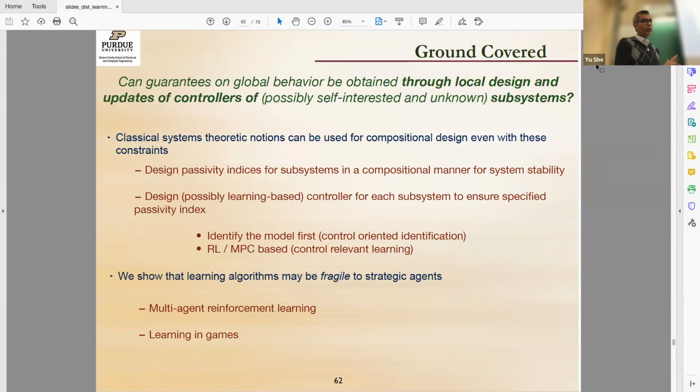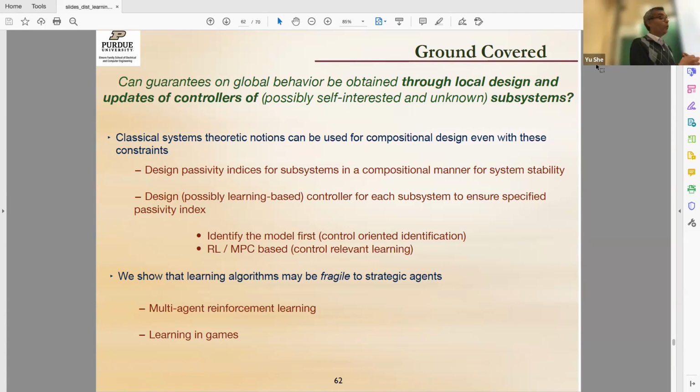Yeah, thank you for the question. So the question is, is there a clean way to combine model-based optimal control with this passivity-based framework? In general, as you well know, the answer is no. But that is because of a couple of things. Even with the model perfectly known and no constraints, optimal design of nonlinear systems or distributed systems is an open problem. So if you are additionally putting constraints on top, then getting guarantees on performance is going to be difficult.